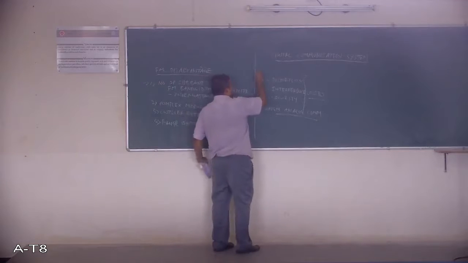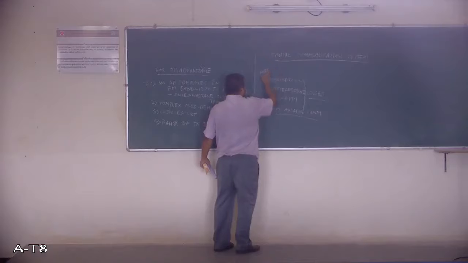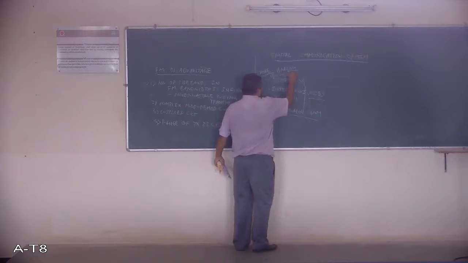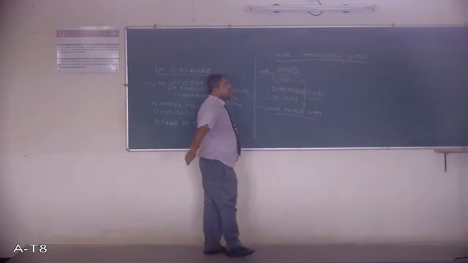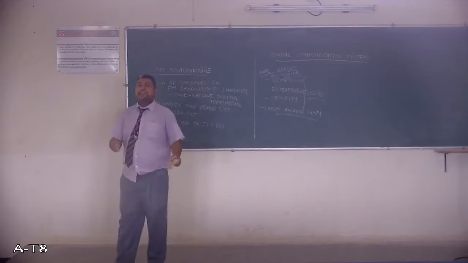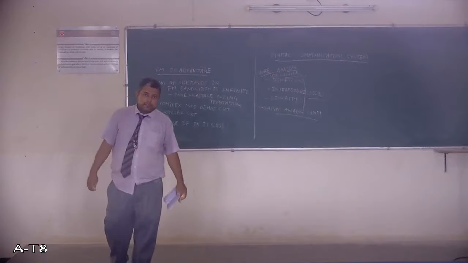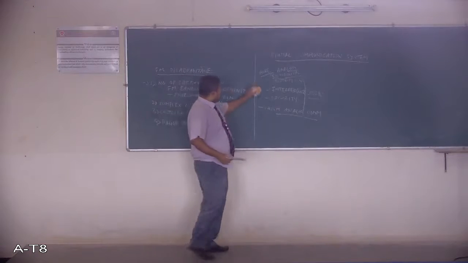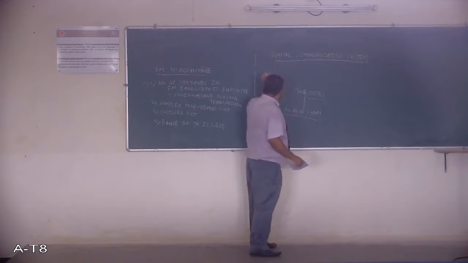These losses are more in case of analog communication and these losses are less in case of digital communication. So one very big question can be asked in the exam, that why digital? Why digital communication? So these are the 3 things you have to elaborate. Now we will see the basic block diagram of digital